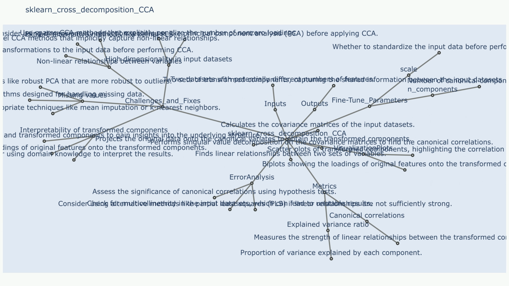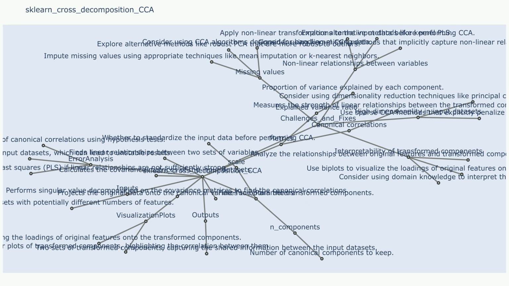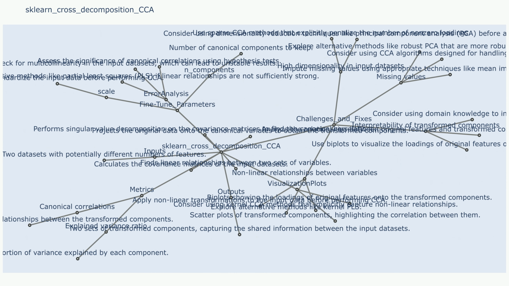Challenge 1: high dimensionality of the input data sets can lead to computational challenges and potentially unstable results. Sample use case that resulted in challenge 1: when analyzing high dimensional genomic data, the number of features (genes) can be significantly larger than the number of samples, leading to computational complexity and potential overfitting. Fixes to challenge 1: dimensionality reduction techniques, e.g., PCA.